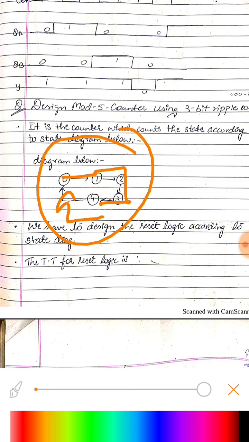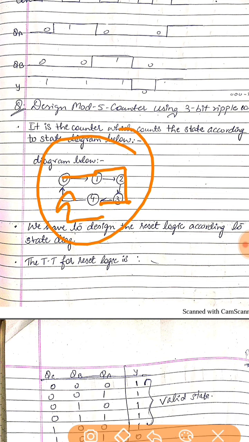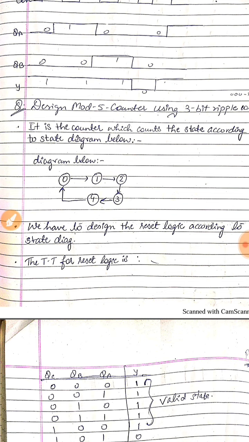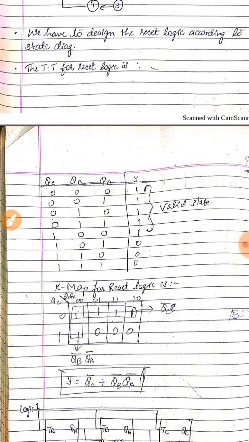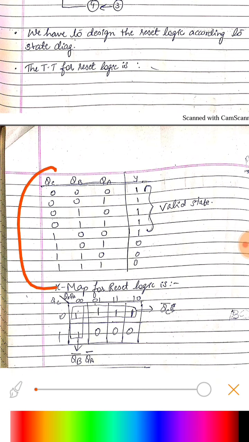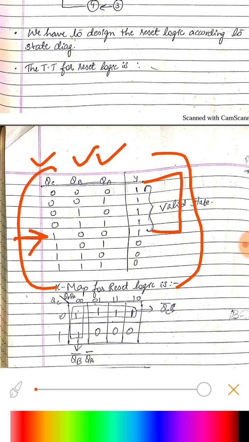So we need a reset circuit or some combinational circuit to provide this reset or clear input. Here again I have made the truth table for that. As you can see, we have 3 inputs, QA, QB, QC, as we have 3 flip-flops in a 3-bit counter. Up to 4, that is 1 0 0, our output remains high, and it would count from 0 to 4. As soon as it becomes 5, that is 1 0 1, our y, the reset function, becomes 0.